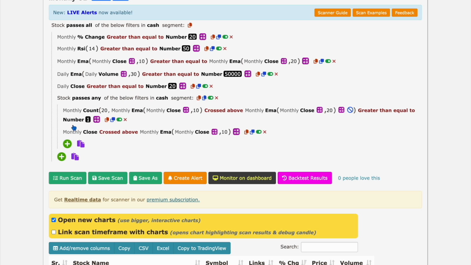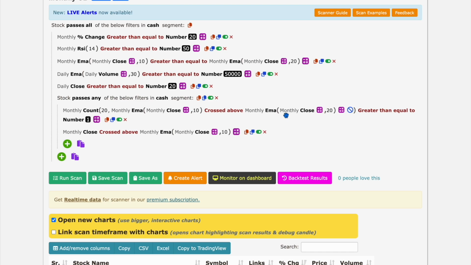Now see, either of these things will simply work for us. First, in the last 20 months, my 10 should have crossed above its 20 moving average at least once. Or the monthly closing is crossing above its monthly 10 moving average. Either of these is fine because these two are special events that we are looking for. Once you are done with that, you simply have to run this scan at the end of every month, right? So whenever the month comes near to the end, the 28th, 29th, 30th, and you have time,